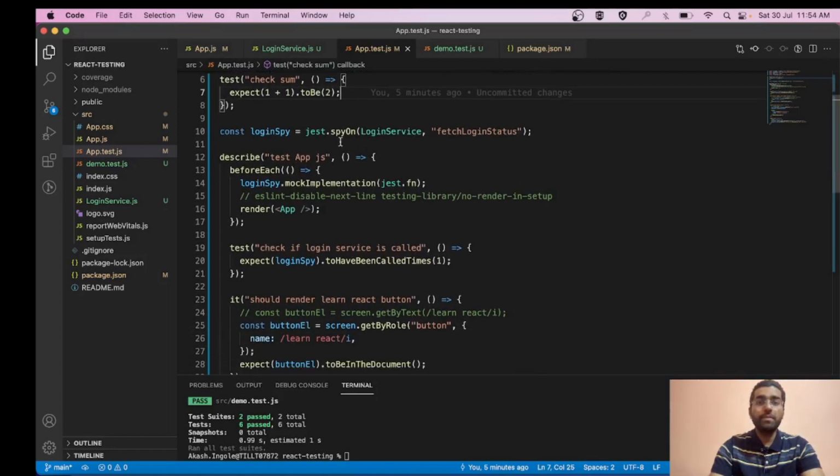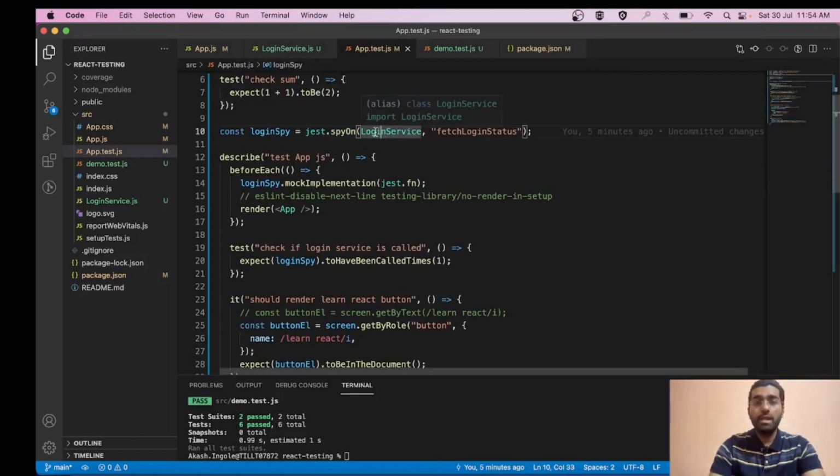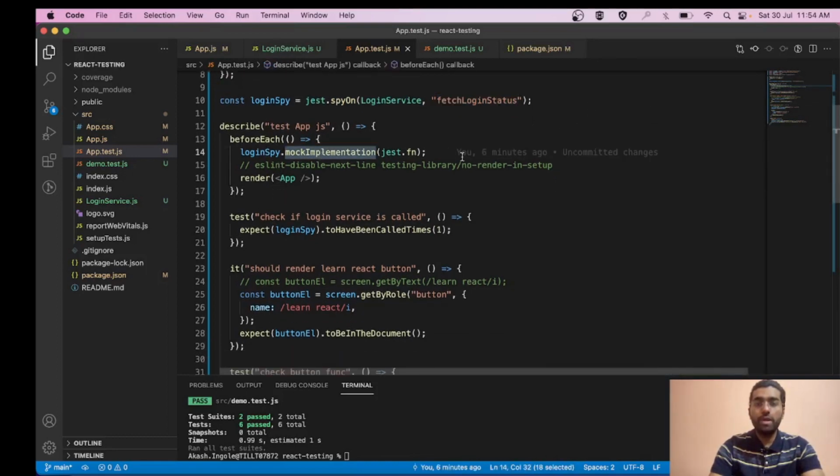We also saw how you can mock any function and track your API call. You can spy on that particular API call when it is triggered in your code base, create a mock implementation of it, check if it has been called, and check the number of times it has been called.